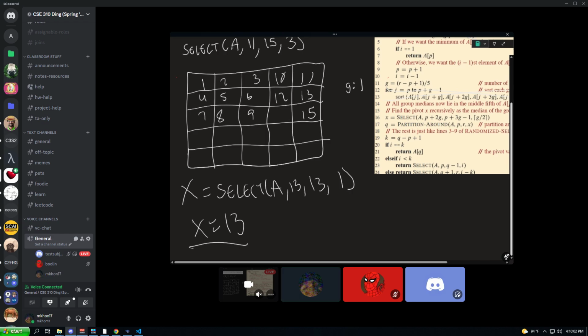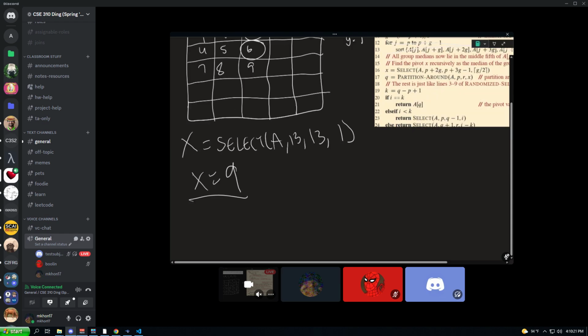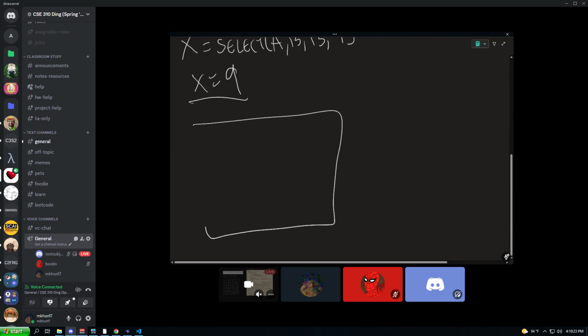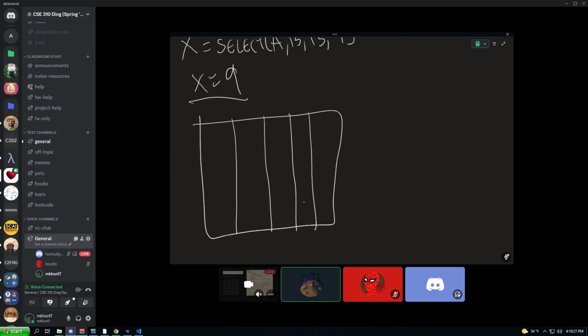So really, the only way I could get the smallest median is if I put a 1, 2, 3 in here. So 3 is the first smallest, 4, 5, 6, so 6 is the second smallest, and 7, 8, 9, so 9 is the third smallest, which makes 9 the median of medians, making it returned, and I can make X equal to 9. I can do the same way, except this time I'm going to try and do